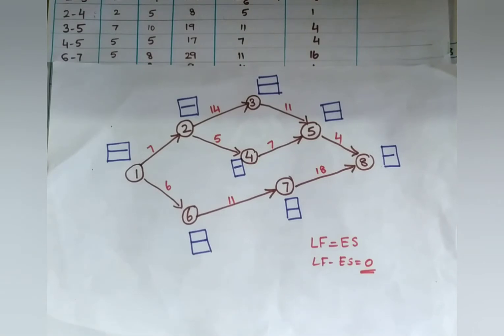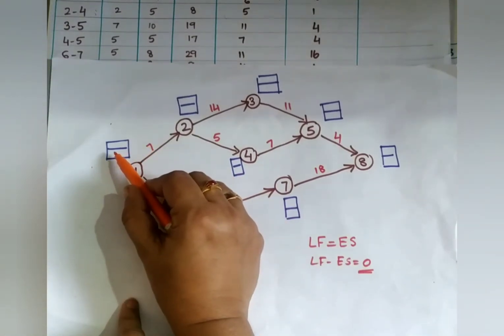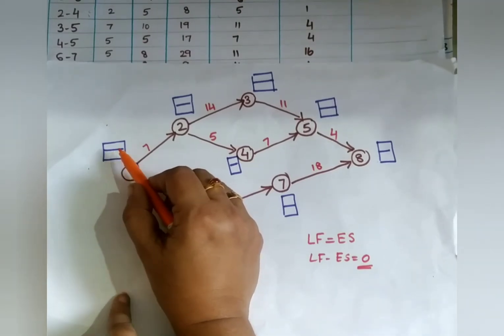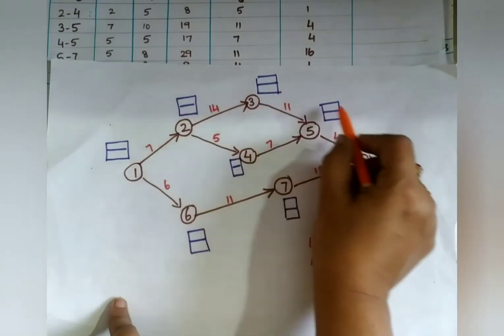Now, what do we always have to start with first? First we have to start with the earliest start. So I am writing it down in orange color. It will be earliest start. It depends on you. If you want, you can write here only ES and LF. Otherwise, you can also make it in this box.